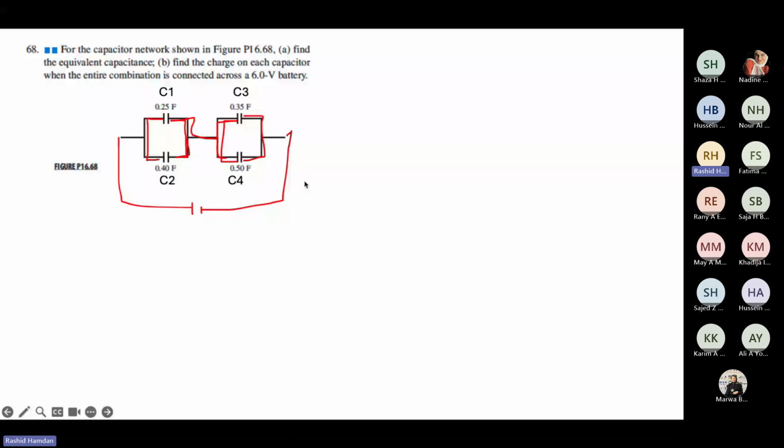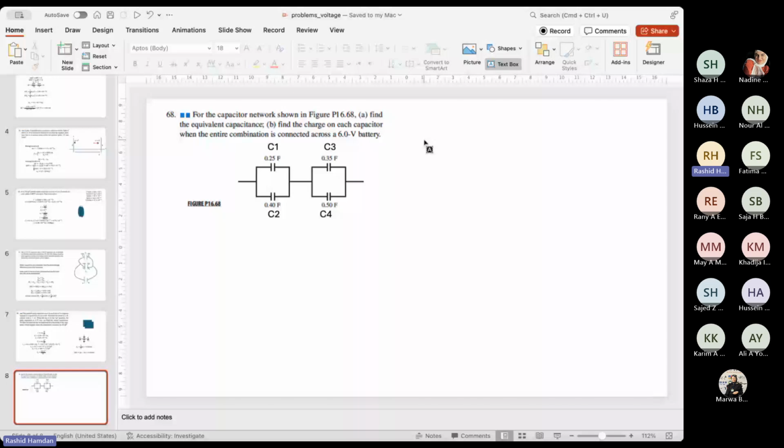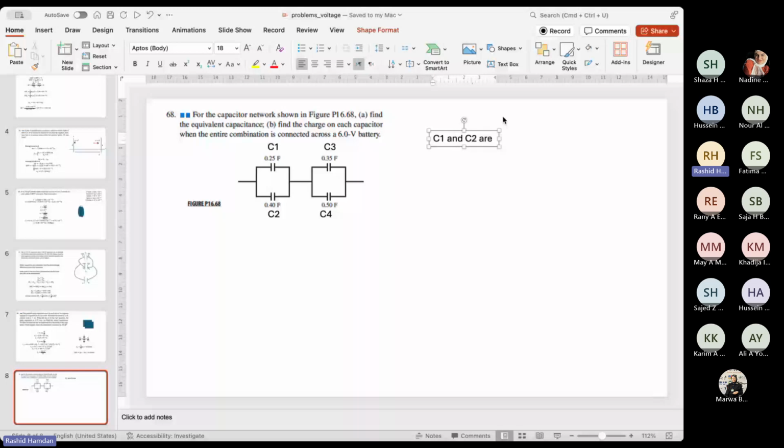So let's do that. So let's say C1 and C2 are in parallel. So let C, I will call it 1, 2, be the equivalent. Of course, I won't write all these details every time, but just for starters,